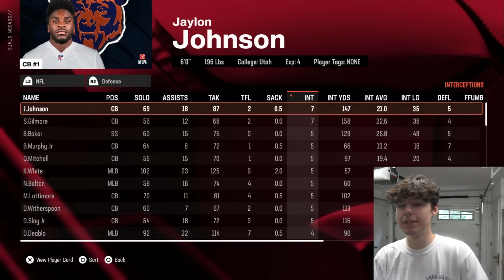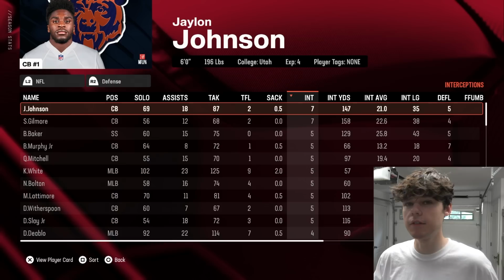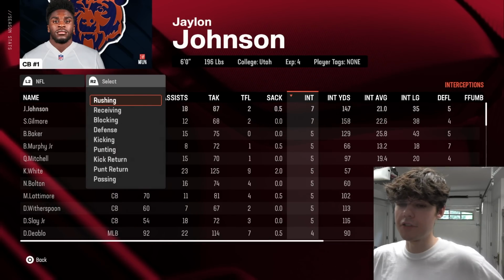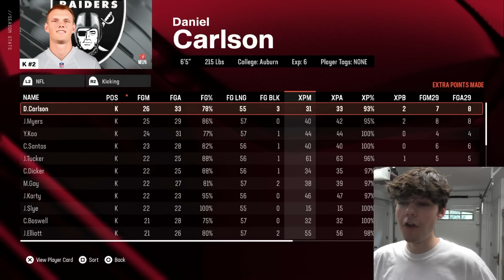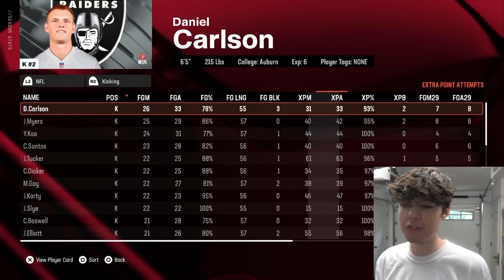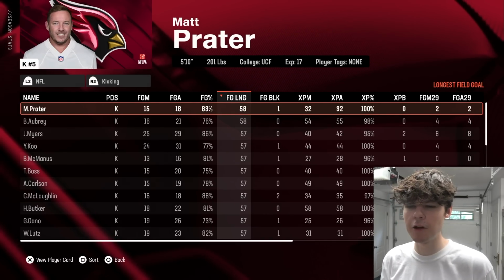However, Jalen Johnson and Stephon Gilmore will lead the NFL with 7 interceptions. Impressive seasons from those guys. But now let's check out the kicking. I'm pretty interested to see who had the best kicks and who had the longest kicks. Daniel Carson led the NFL in terms of kicking, but the longest goes to Matt Prater, which is 58, and